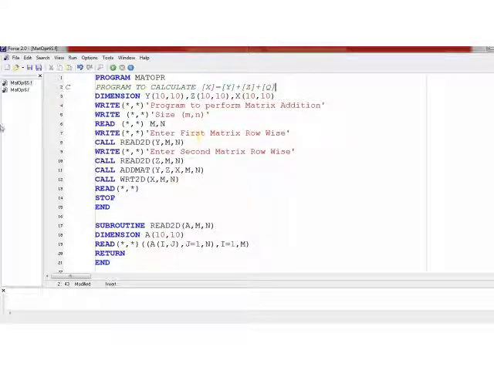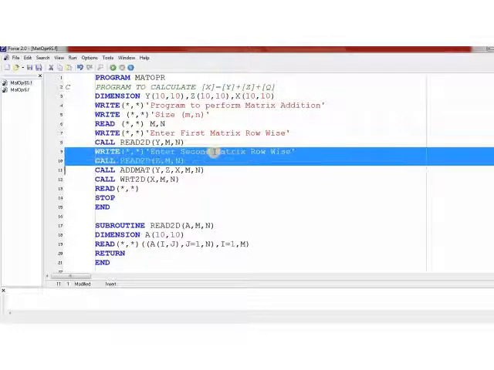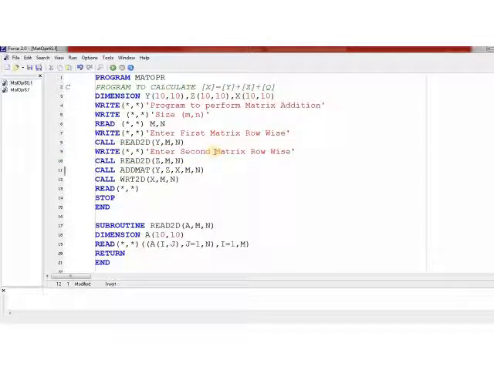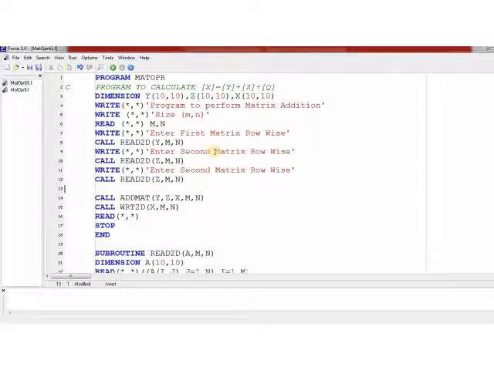For example, I can simply copy this part and paste it here.